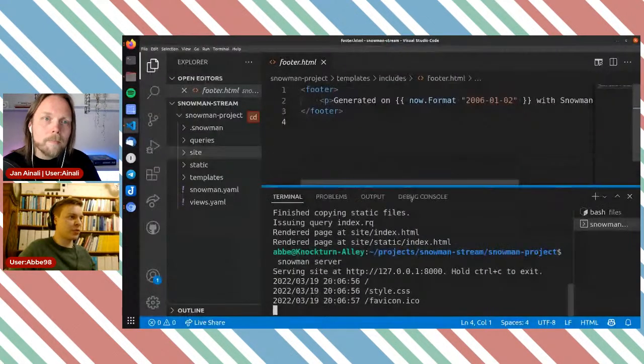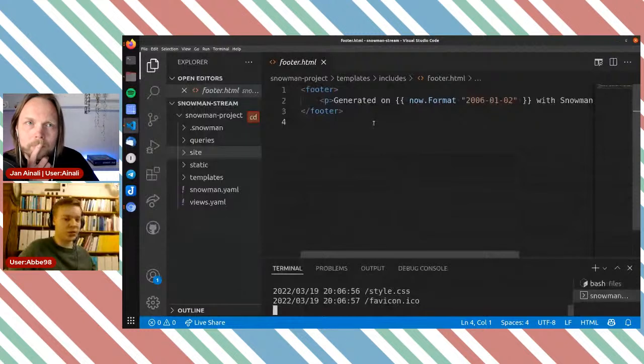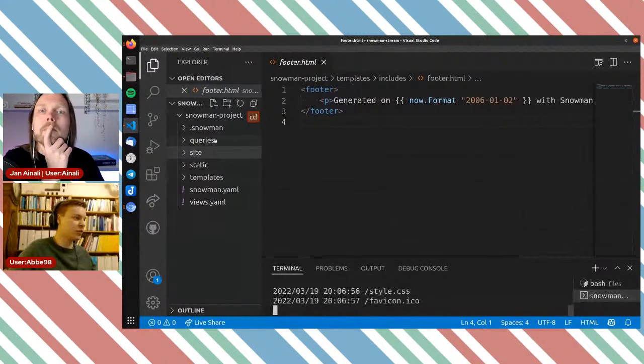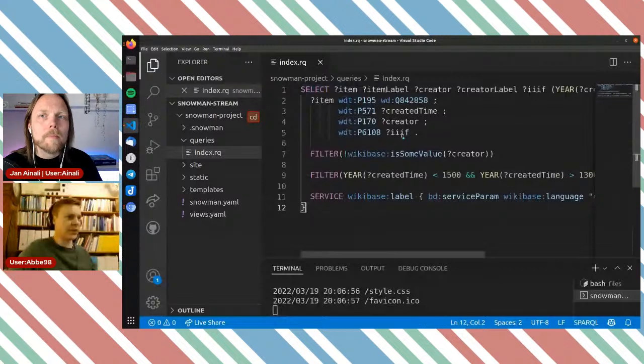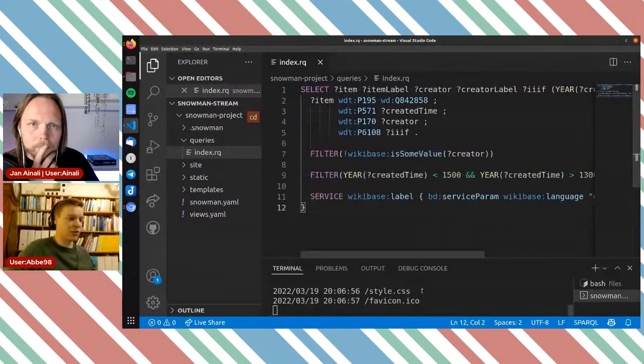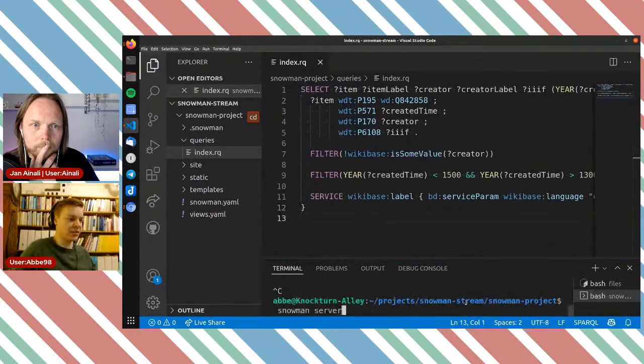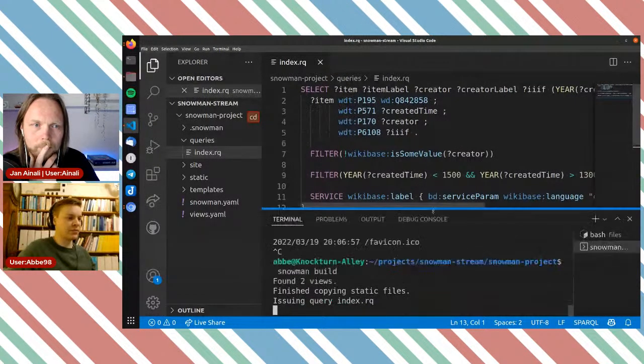So I'm gonna make the terminal a little smaller. I hope I'm not too much zoomed in, but I'm gonna head into the queries folder because this is the query that our page is based upon, so to say. So if I just replace that to begin with, and we're gonna try to build the web page here and see what happens. I imagine it will break. Issuing the query might take a second.